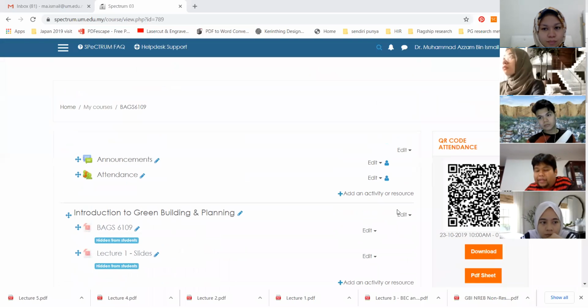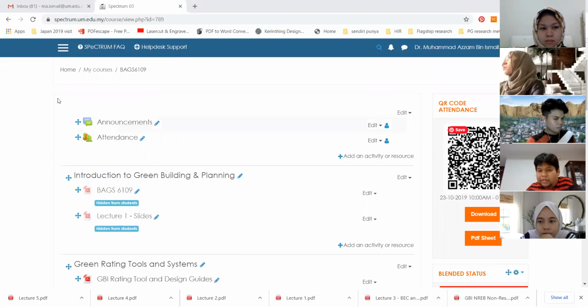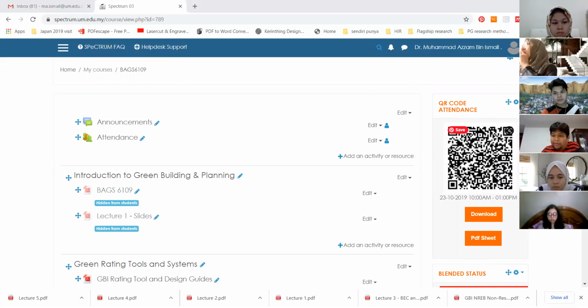Okay, so you can access it with all the materials there. But in the meantime, you can see on the right hand side there's a QR code. This QR code here is for attendance, right? So for students, probably in your dashboard it looks a little bit different. It doesn't look like this. So you have to access the QR code here, the attendance link, and then you can click it yourself, right? So you can mark your own attendance every time we have a class. It only happens on the day that we have the class, at the time that we have the class. So if you're not around, you won't be able to